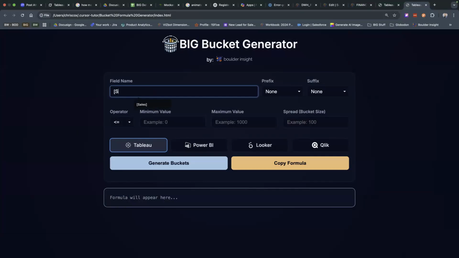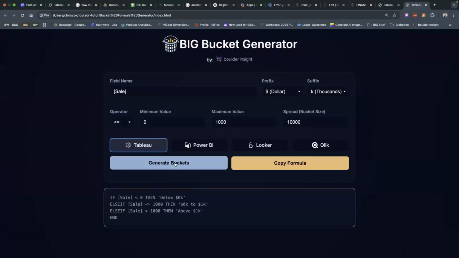For example, if I want to bucket my sales by dollar amounts, in thousands, my minimum is zero, buckets of say 1,000, and max is like 100,000.